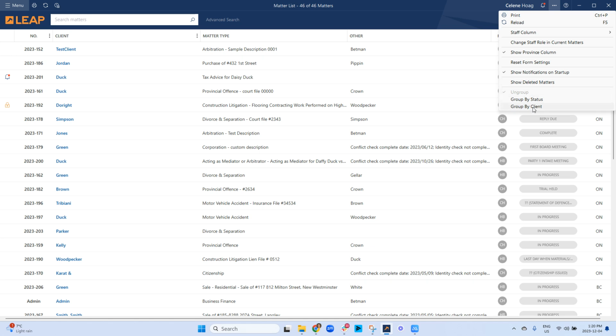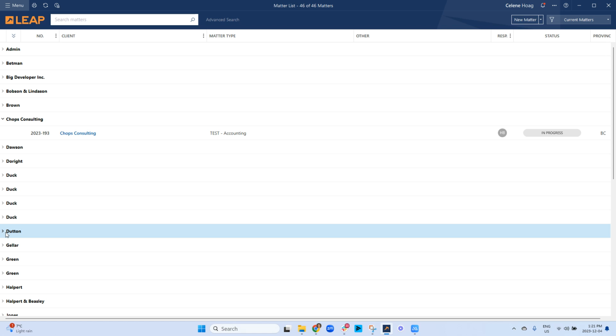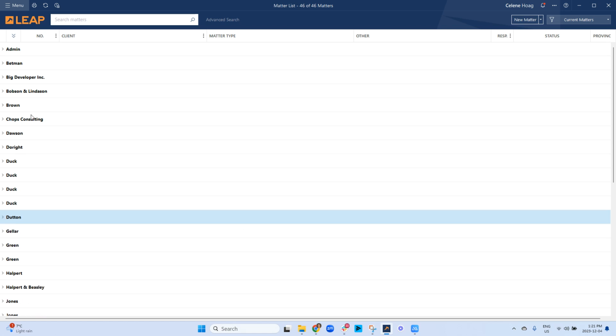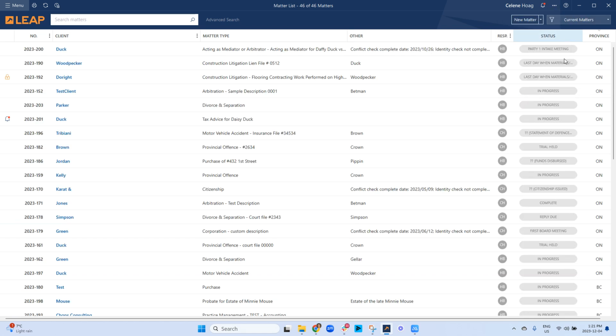So if you want to see all of your clients and then be able to toggle open and closed any of the matters related to that client, that's another way of doing it. And then of course to just ungroup, you just go back here and ungroup. And then you'll see the status here, which is just dependent on the critical dates, which I'll show you a